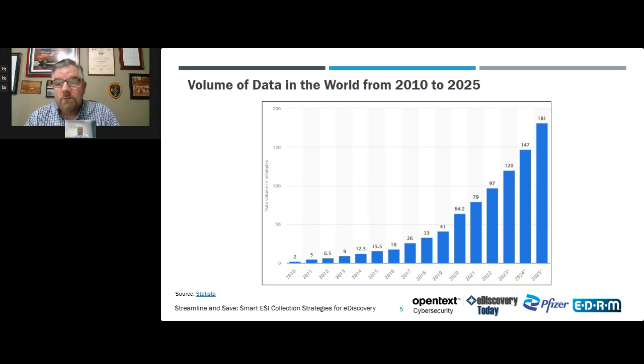So that's over 90 times the amount of data in 15 years. And if you go back to 2005, when the EDRM model was created and there was only half a zettabyte in the world, that's over 1,800 times the amount of data in 20 years. And this estimate's a couple of years old, so it may even be larger by now. So Brian, when you started at Pfizer about 10 years ago, there were around 9 zettabytes in the world. Now there's about 120 zettabytes. So what types of challenges has big data growth caused for you and your team over that time?